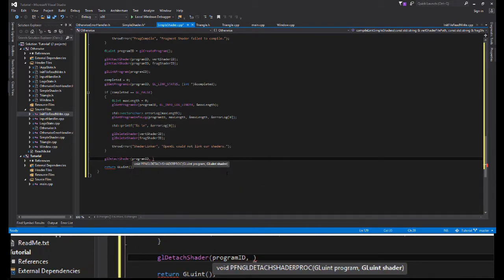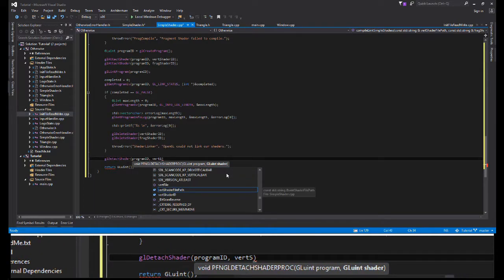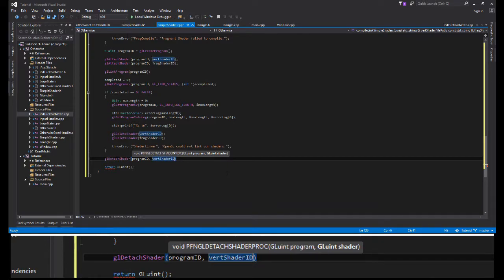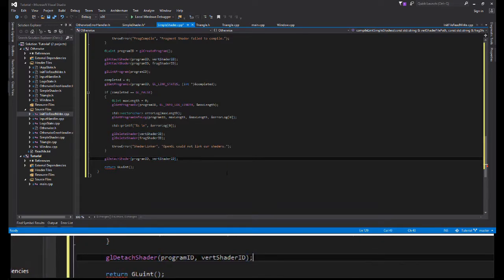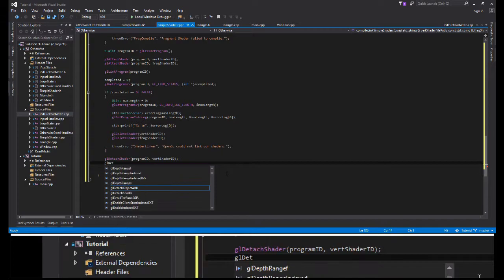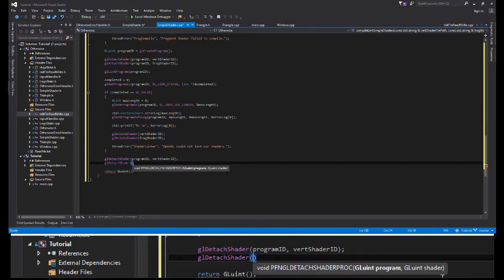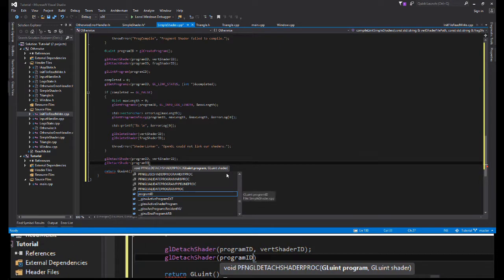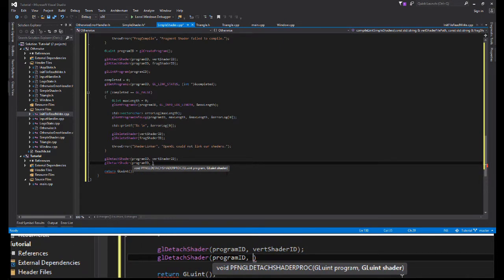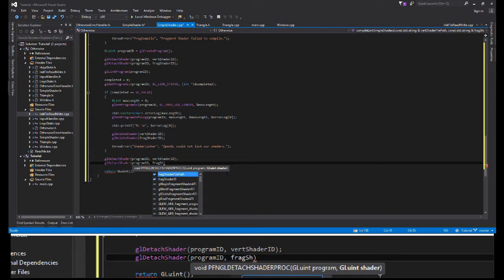Program ID, vert shader ID. So yeah, detach, and then detach the fragment shader, program ID, frag shader ID,